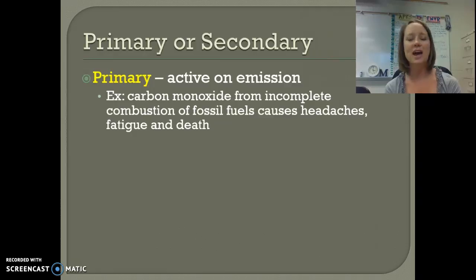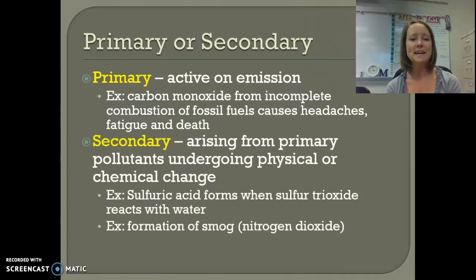Primary pollutants are active as soon as they are emitted. So one example would be carbon monoxide, which comes from the incomplete combustion of fossil fuels. So cars release carbon monoxide, and it can cause headaches, fatigue, and even death if you're exposed to too much. A secondary pollutant